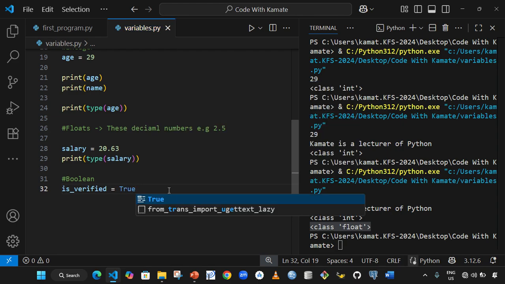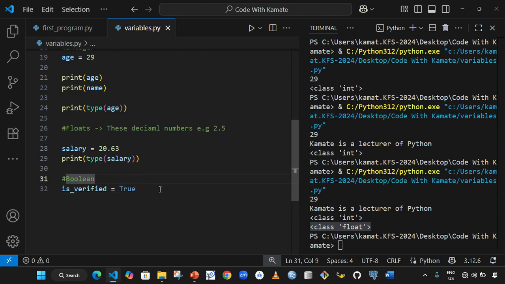So this one normally we use it when we are writing programs. For example, we want to verify if a form a user has submitted has been verified or not. So we use is verified, then we set it to true or false. It can either be true or false. I think that is your exercise. Check the type for is verified. It should show you that it is a boolean data. So that's all